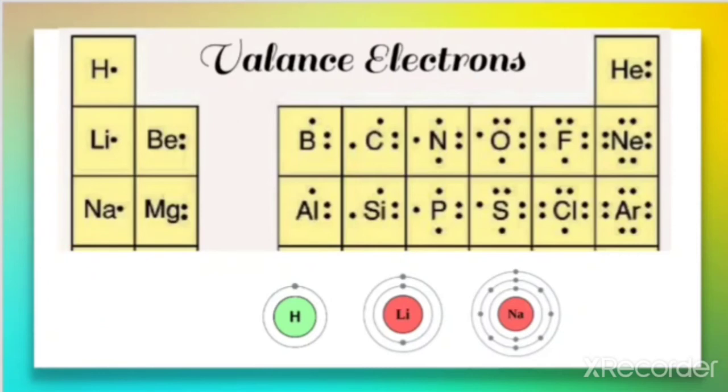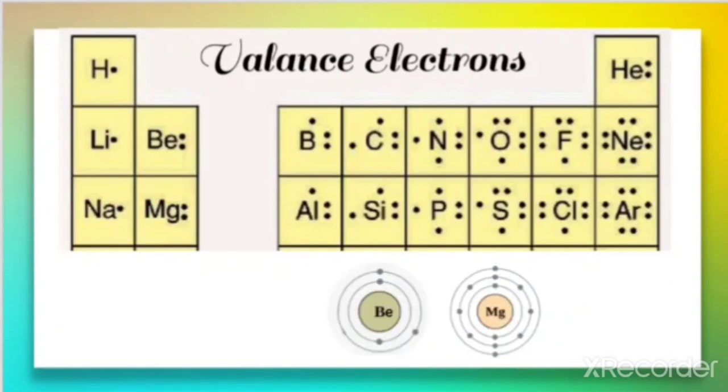Similarly, when we talk about beryllium and magnesium, where are beryllium and magnesium? Look at this. Here is the beryllium, here is the magnesium. So when we make the atomic structure for these, it is observed that there are 2 electrons in the outermost shell for beryllium, and for magnesium also, when you find it out, there are 2 electrons in the outermost shell. So what is the valence electron now? The valence electron for these two is 2. For beryllium and for magnesium, the valence electron is equal to 2.